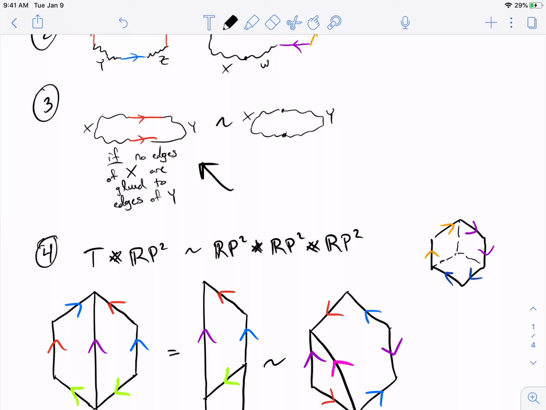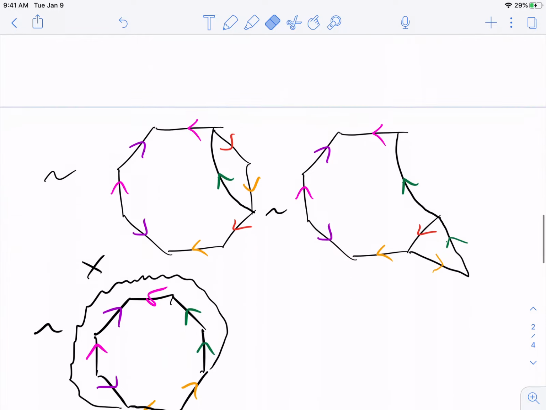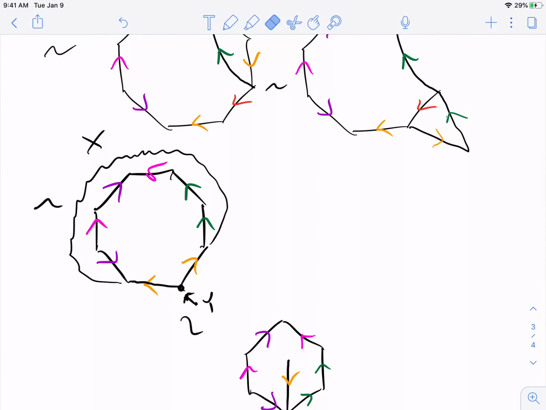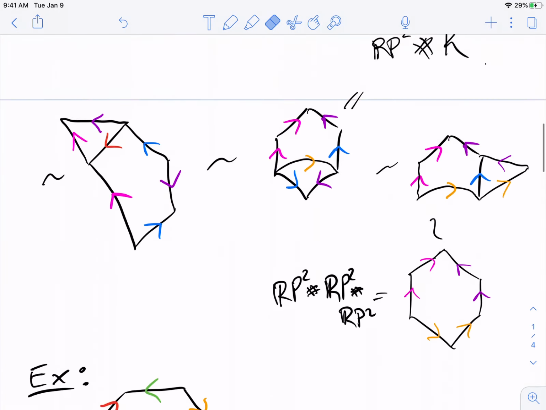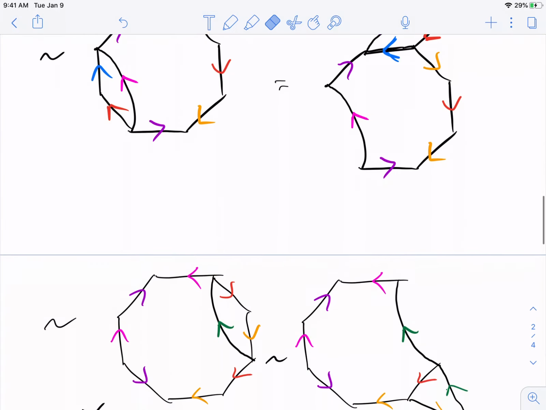And between these edges, on the left side, X has edges, Y has edges, but none of the edges of X are being glued to the edges of Y. That's the situation we're in here, except that Y just happens to have 0 edges. It's just a point. But still, we can use that rule, and what the rule says is basically you can just delete those arrows. And so if we do that, we're left with just the hexagon,